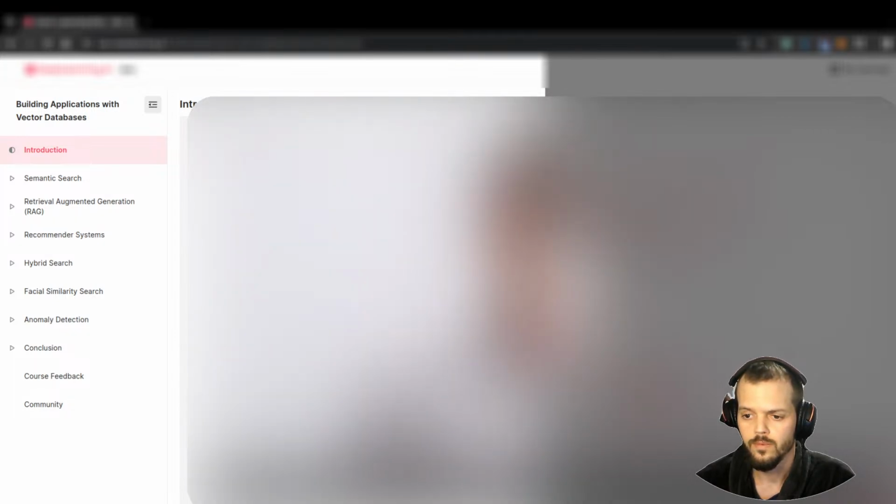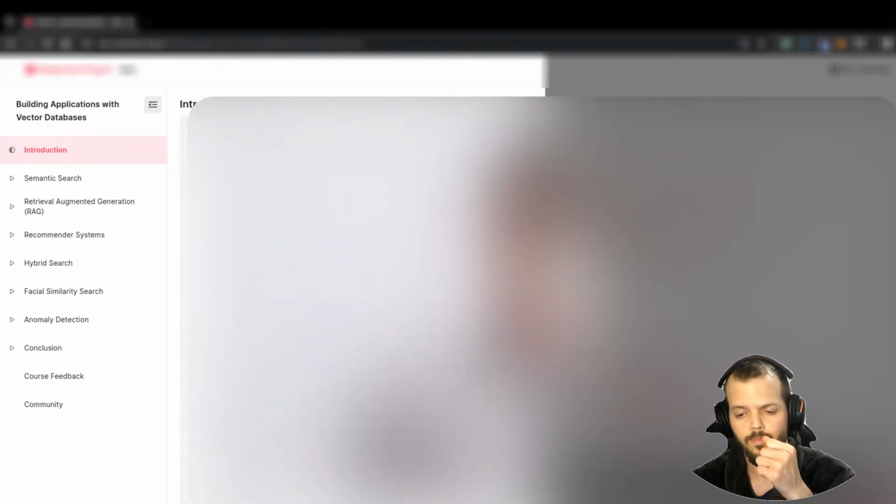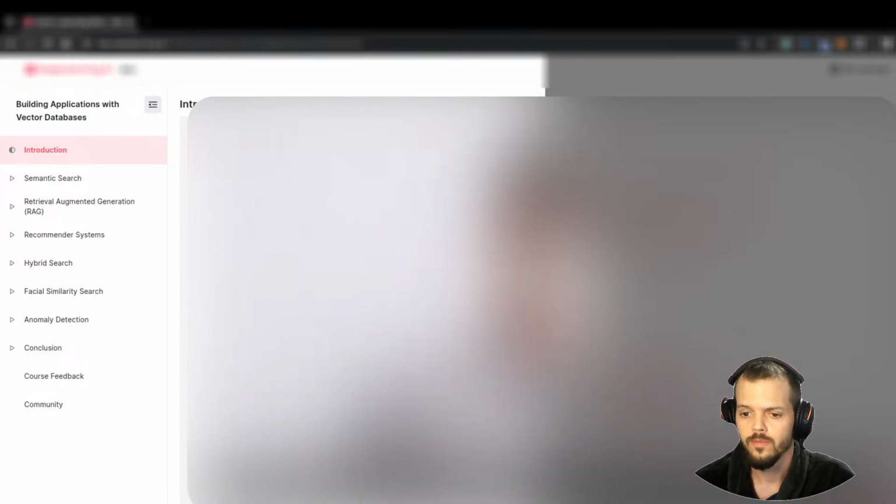Yes, as Andrew said, there are a lot of potential applications for vector databases. You learn about 6 of them in this course. First, you'll start by building a basic semantic search for text documents. Then, you'll move into building a RAG app. In the next step, you'll build a recommender system. Next,